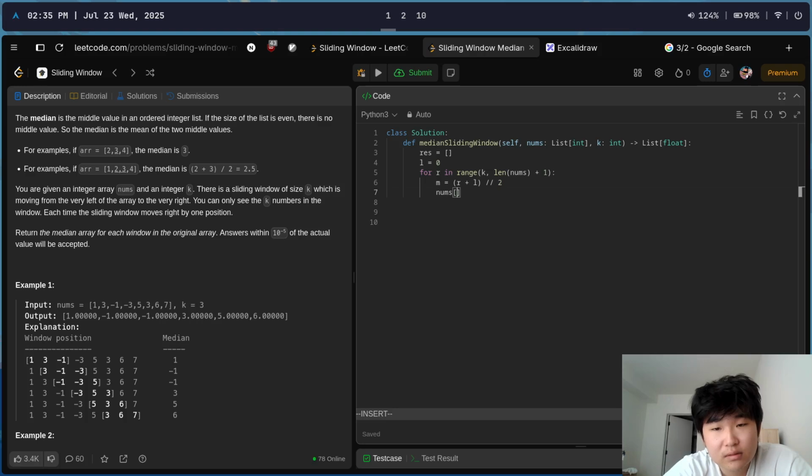Nums M dot append nums n, right? Then we have to move them up a little bit, right? And move on. So this is the odd case. If k mod 2 does not equal 0,